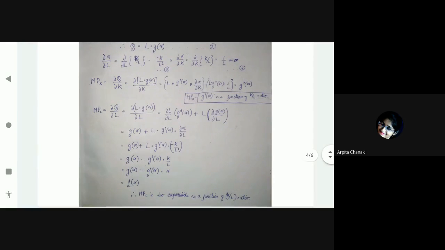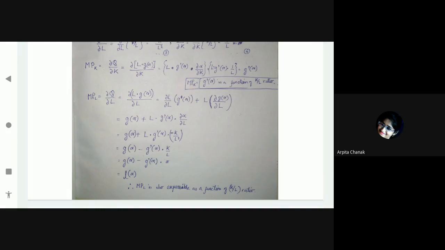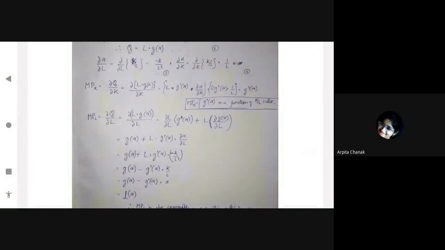So MPK is equal to g'(α), that is a function of K by L ratio. Similarly, আবার এই মার্জিনাল প্রোডাক্ট অফ লেবারে যাচ্ছি, dQ/dL। এবার Q আবার ওখানে L ইন্টু g(α)। এখানে আবার মাল্টিপ্লিকেশন রুল লাগাতে হবে। প্রথমে আমি L কে ডিফারেন্সিয়েট করছি উইথ রেসপেক্ট টু L, g(α) কনস্ট্যান্ট, তো dL/dL ইন্টু g(α), dL/dL 1 হয়ে গেল, g(α) থেকে গেল, প্লাস সেকেন্ড টাইমে L কে কনস্ট্যান্ট ধরছি, আর g(α) কে ডিফারেন্সিয়েট করছি উইথ রেসপেক্ট টু L। এবার এখানে চেন রুল লাগাতে হবে। নেক্সট স্টেপে যাচ্ছি, g(α) প্লাস L ইন্টু g'(α)। g'(α) হচ্ছে g এর ডেরিভেটিভ, এবং বিকজ α ইজ অলসো ফাংশন অফ L, আমরা চেন রুল লাগিয়ে ওইটার বসাব।